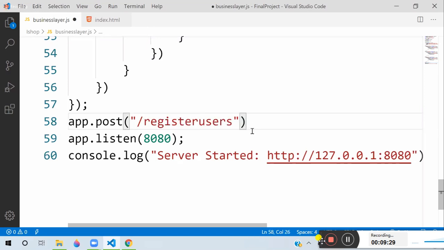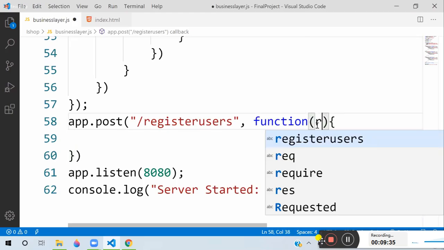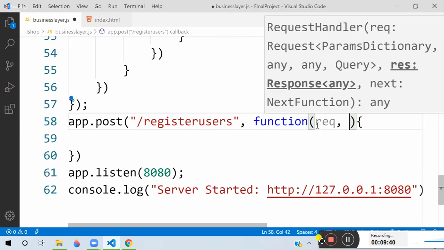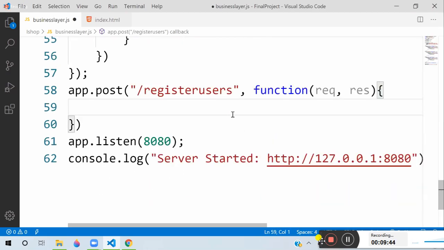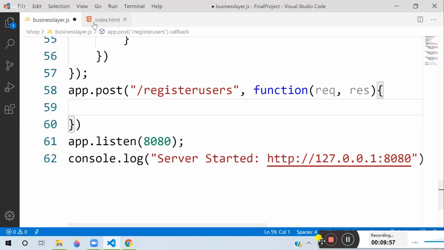What should register users do? It should collect the data. It has a request and a response. It should collect the data coming from the form, and it should insert the data. Generally, you know that forms are designed for the get and post methods. And currently this form